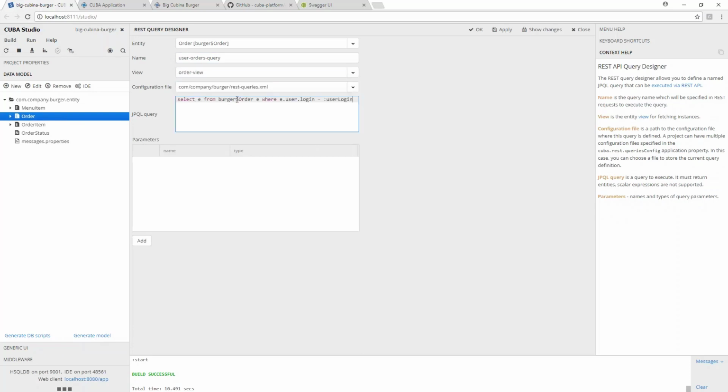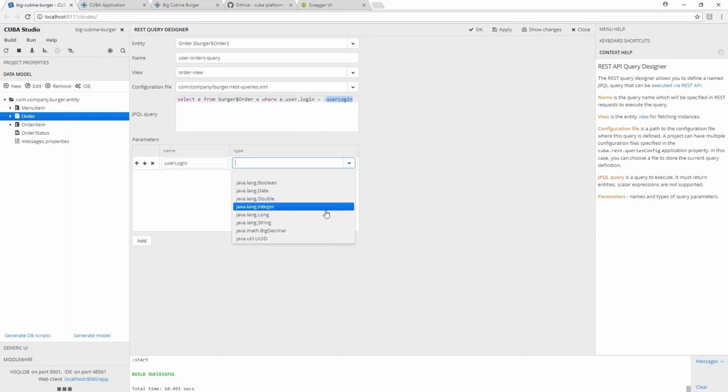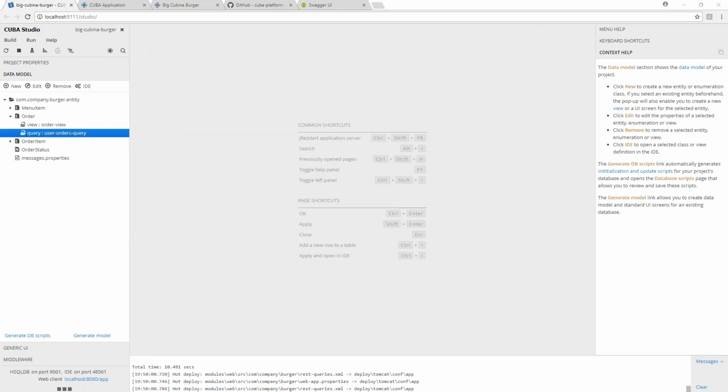We want to load orders where user login equal to the parameter user login. And let's add this parameter. So user login with type string. Yes. And click OK. And we need to restart Cube application.